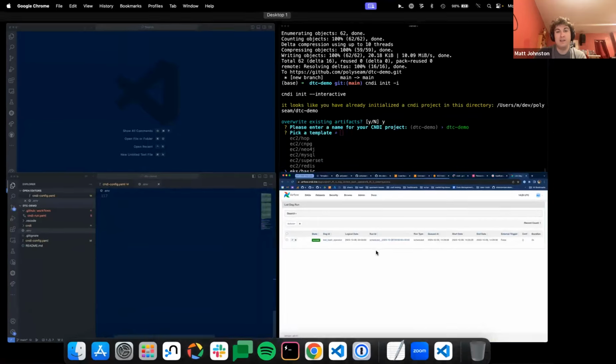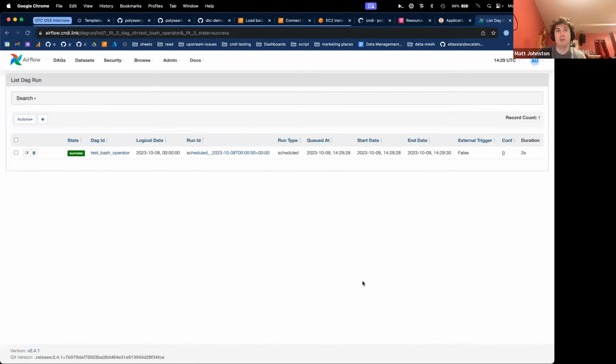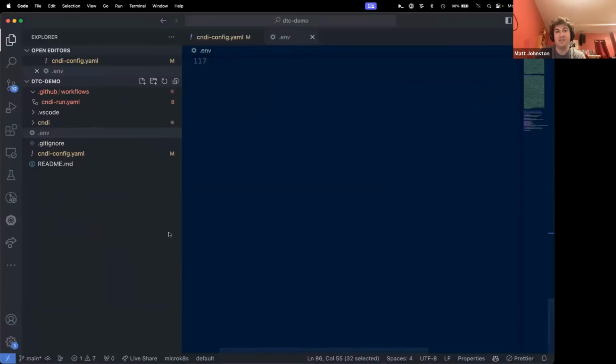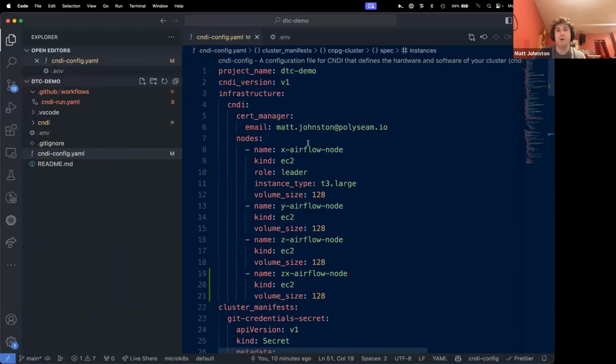So that's kind of how to get Airflow up and running in a few minutes. But of course, one of the cool parts now is that you can modify the cluster after the fact. So if we find that Airflow needs more resources, somebody on my team could make a pull request to this file,